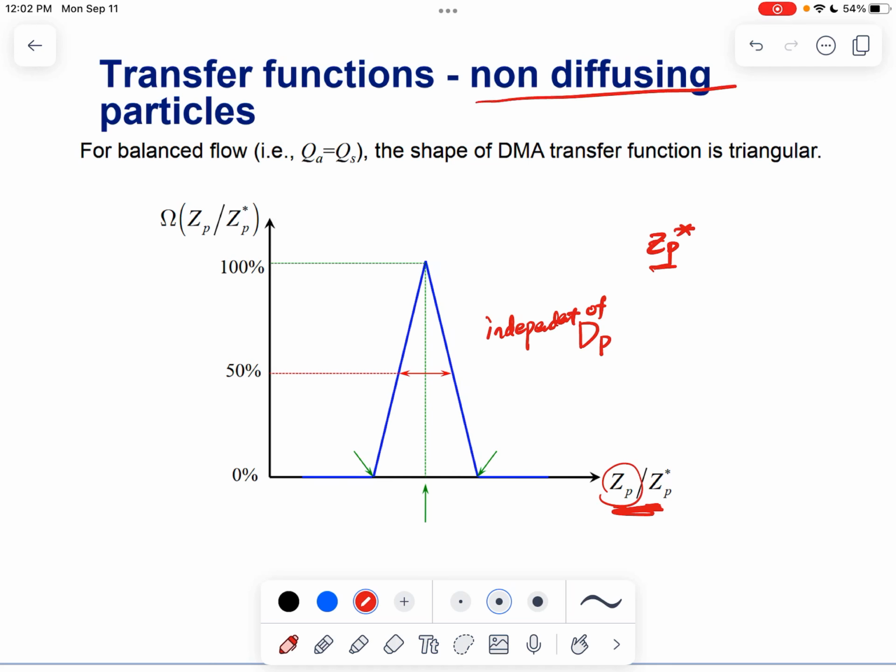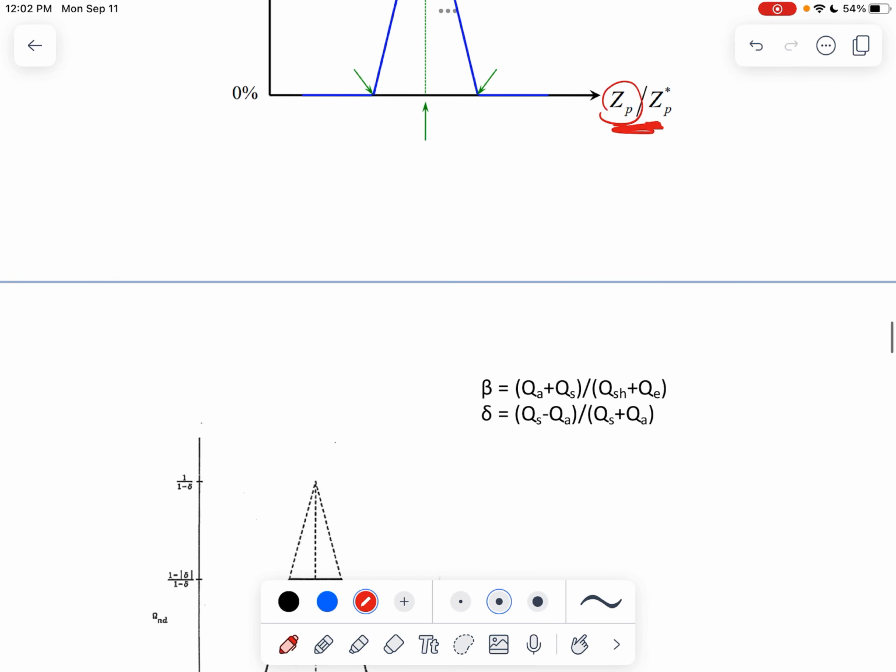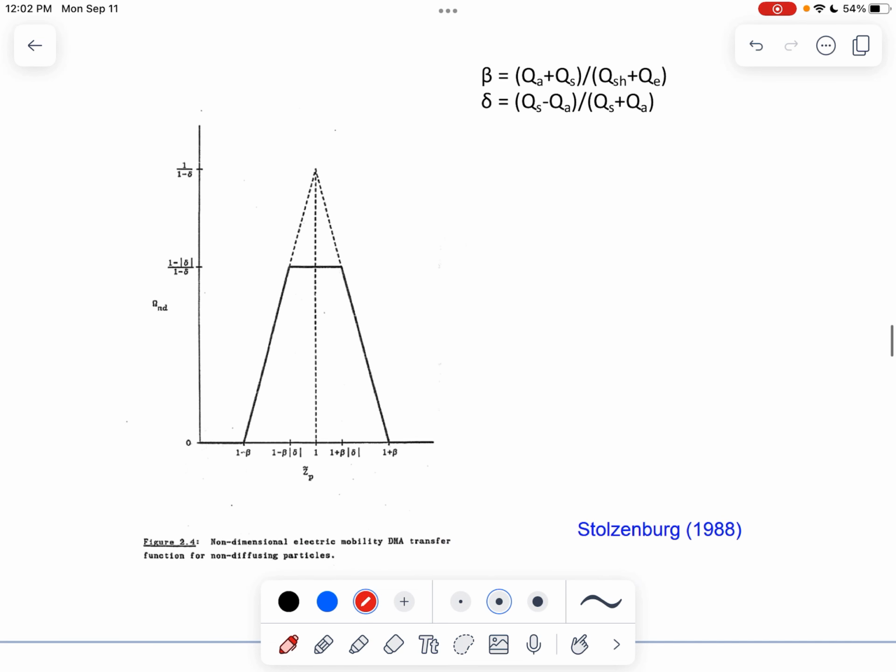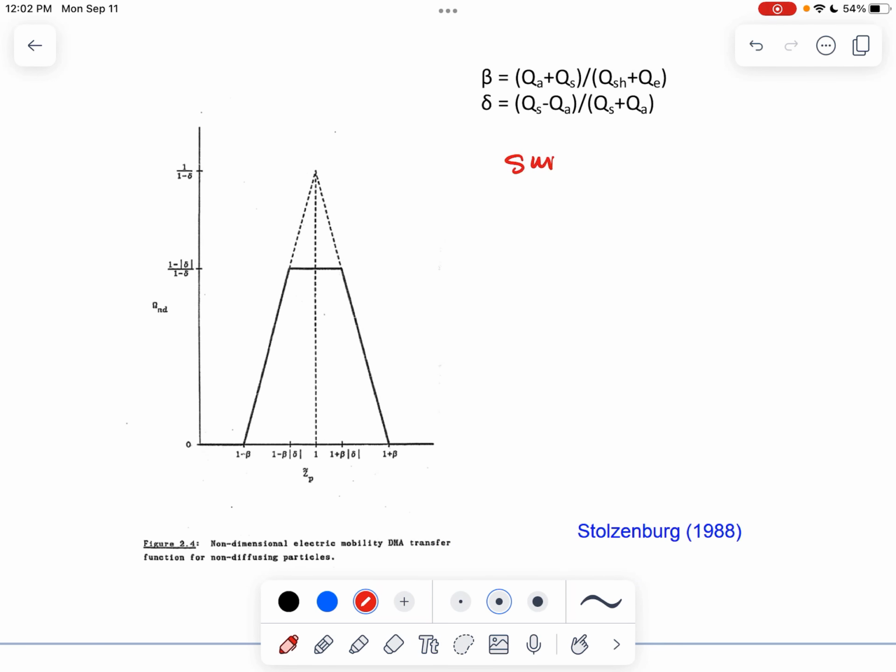Okay, so the reason why we have this same shape of the transfer function is because we have the assumption that the particles are not diffusing. We're going to talk about diffusing particles in the next few slides. Okay, so then we said that for the SMPS system that we showed earlier, it assumed that the Q sheath